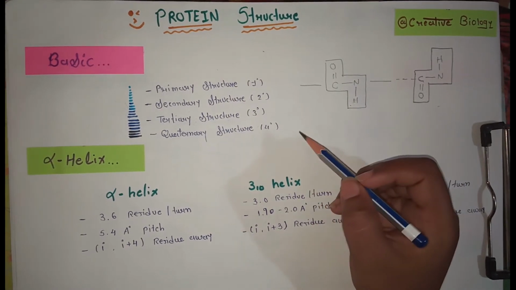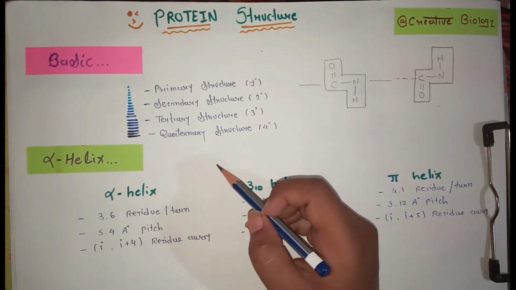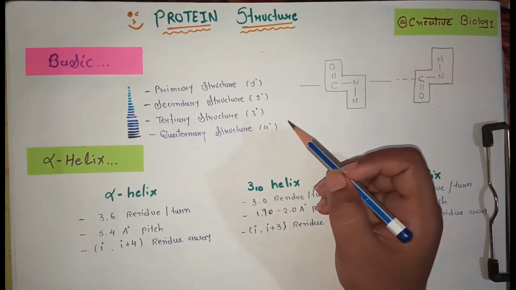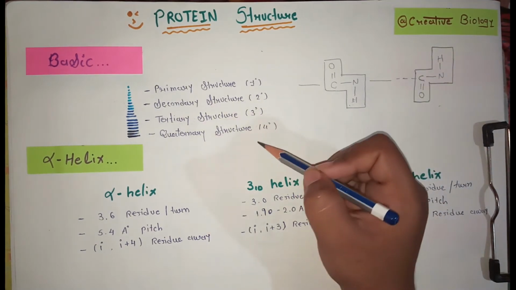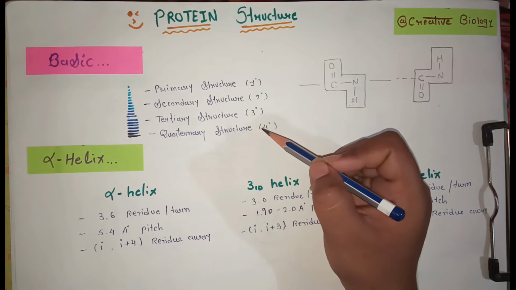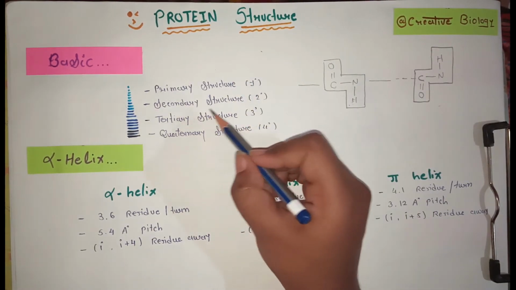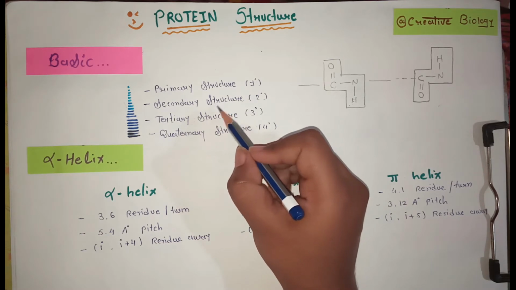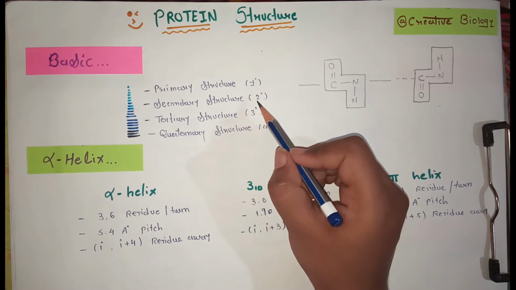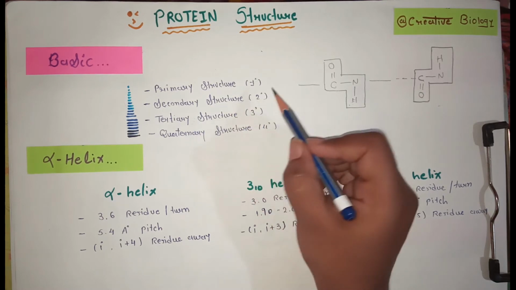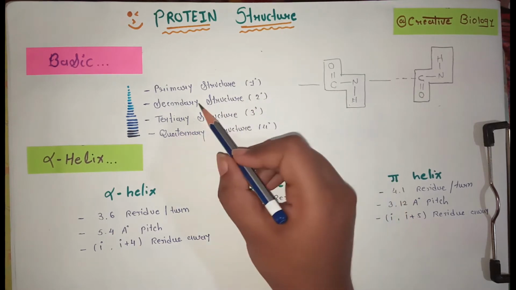Okay guys, so in our last video we covered all the basic phenomena about the protein structure, right? Afterwards, from this video we are going to discuss each of the structures one by one. In this video I am going to discuss the primary structure and one of the secondary protein structures, that is the alpha helix, or we can say the helical structure. So let's start with the basics of the primary structure.